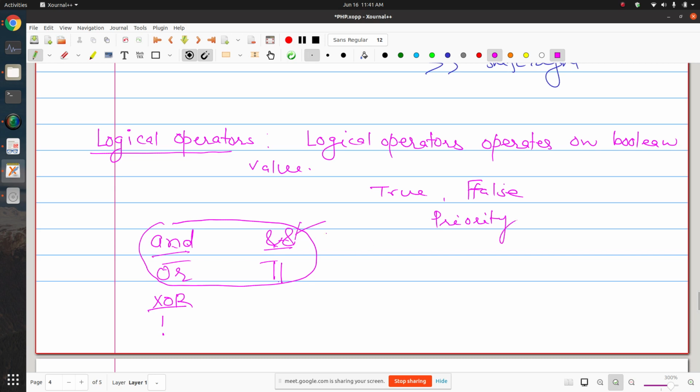So both are exactly the same, but the difference is in priority. This operator has high priority, and if you use AND in this way, this has low priority. So whenever you do not want to use parenthesis, you can use this logical operator. These operators have high priority, these operators have low priority.